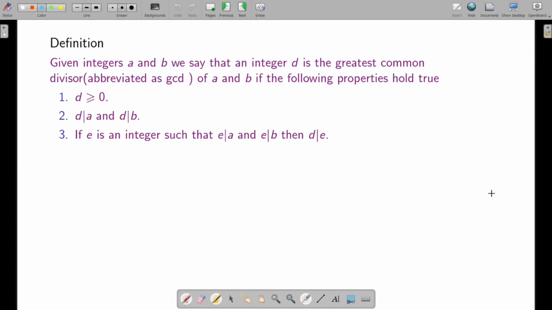So what is the meaning of greatest common divisor? There are multiple ways of defining the greatest common divisor. This is the way the book proceeds, so we will do it this way. I don't really like doing it in this manner. An integer d, a positive integer d, is said to be a greatest common divisor of a and b if firstly it is greater than or equal to 0. We will see why this equal to 0 has come, which you might not see in the basic course in number theory if you have followed Burton.